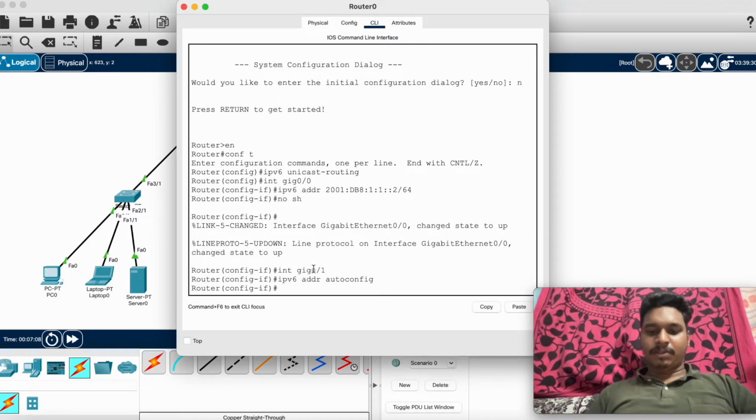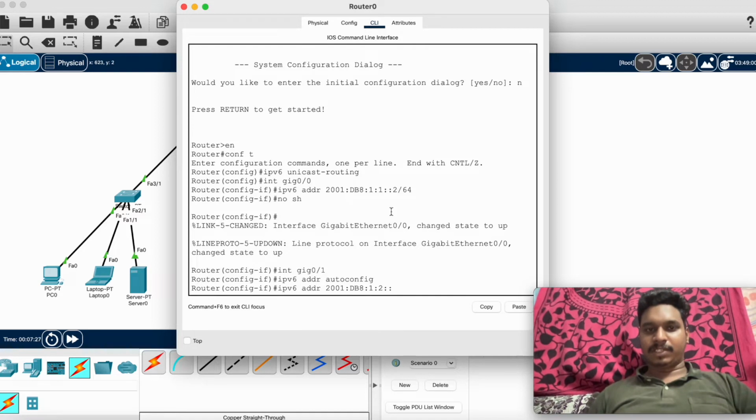Now let us give IPv6 address 2001:db8:1:2::2/64, because here we gave it as 1, now we will give it as 2 here.